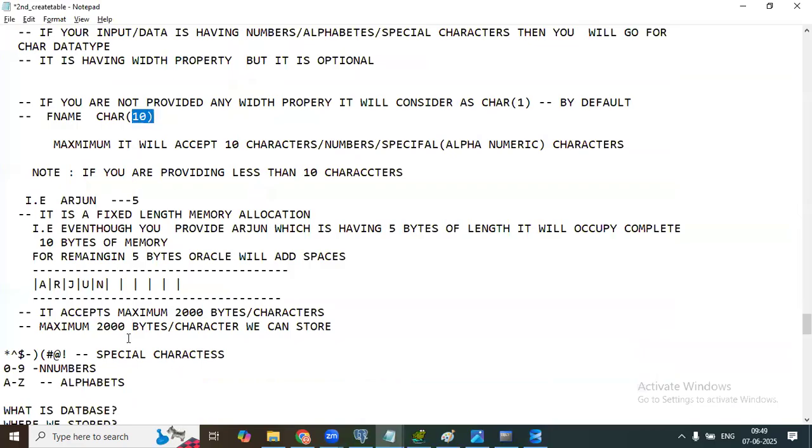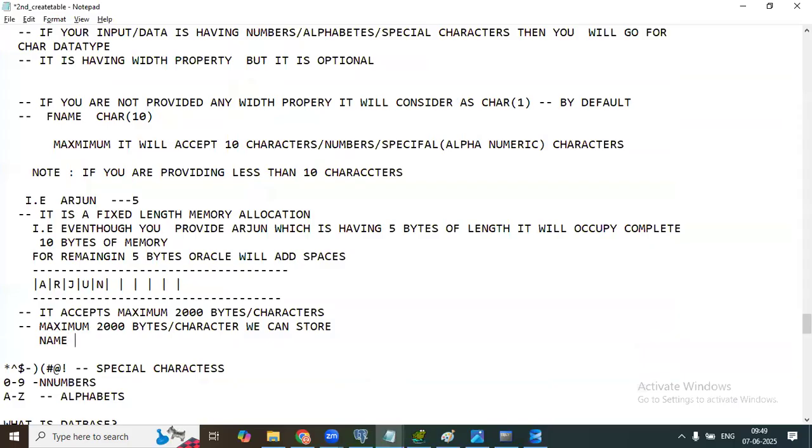So for first name you can say CHAR of 10, which can store up to 10 characters. But if you give fewer than 10 characters, it is going to occupy the remaining space also in the database.